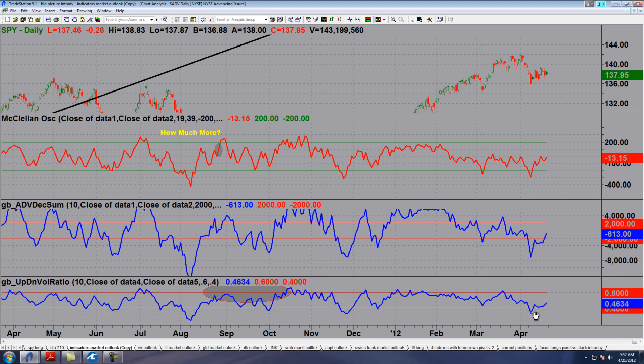Generally, I like to see these signals confirm within a few days of one another, but nonetheless, you can see we're working off short-term buy signals and more of an intermediate term, 1 to 3 weeks, on the McClellan oscillator, which is our intermediate term breadth indicator. So I would say things are looking a little bit more positive on the market internals, but